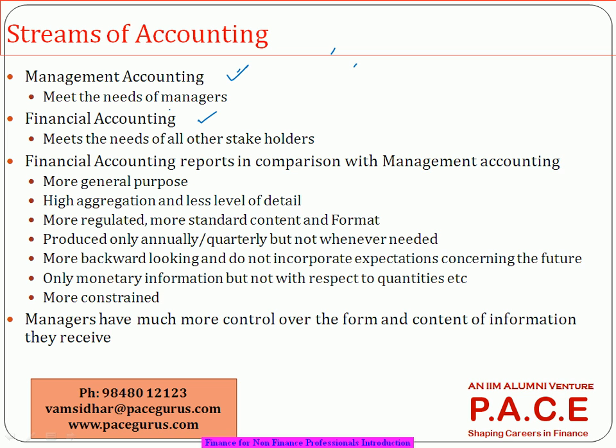But there will not be any details on how many people you have given discount, how much sales you have done in the form of credit, how much sales you have done on a hard cash basis. This kind of breakup is not present. The only thing that is present could be how many units were sold in the last 1 year and what was the total revenue. So probably all you can get is the average price per unit, because some may be sold at a higher price, some may be sold with a discount. Overall you got that revenue, but that kind of breakup will not be there when it is presented to the external user.